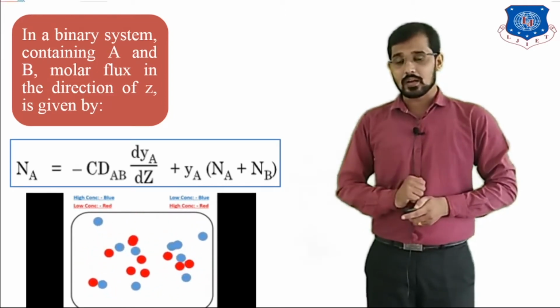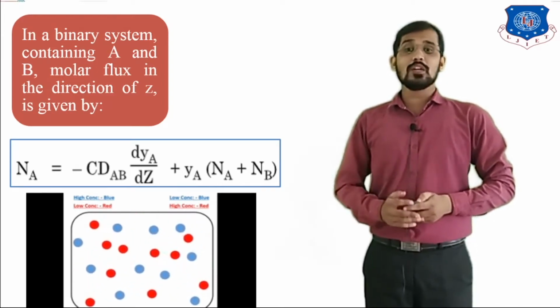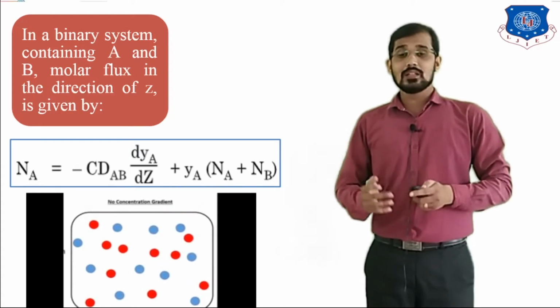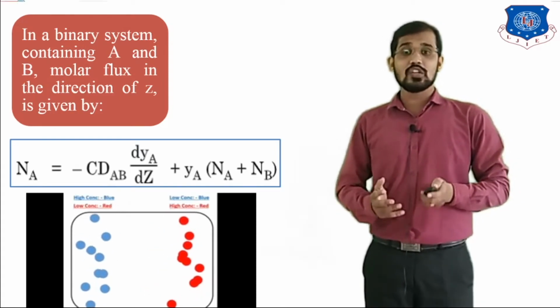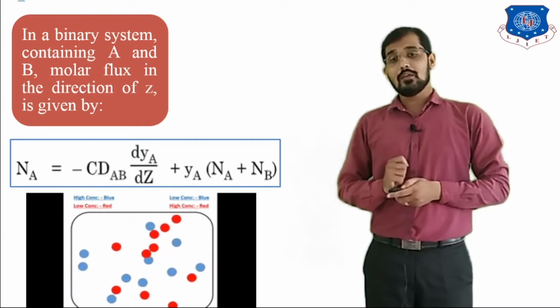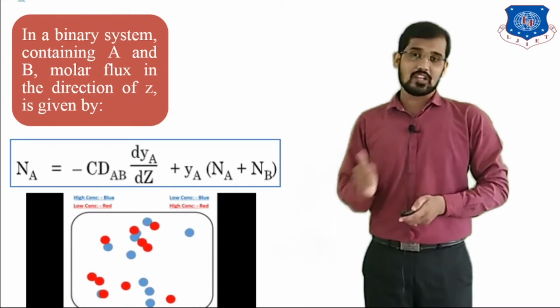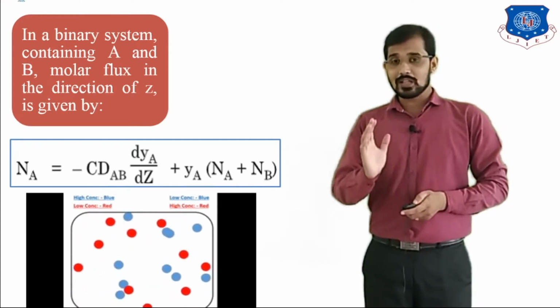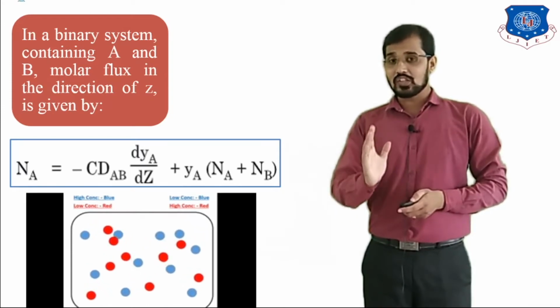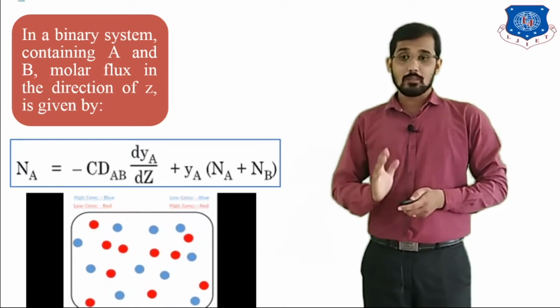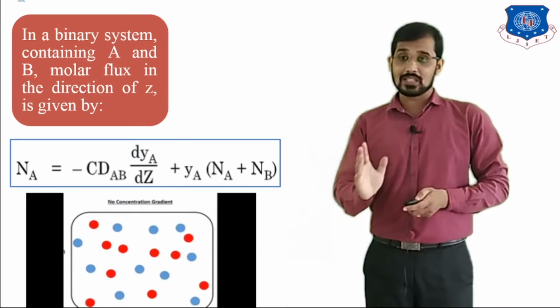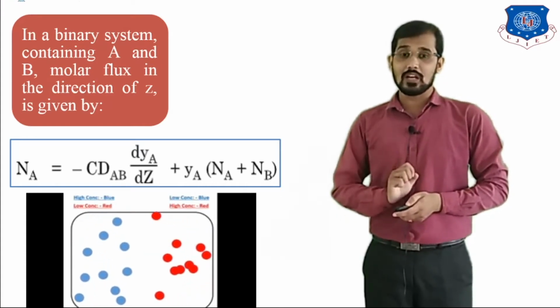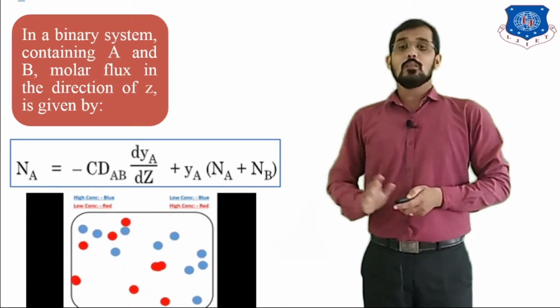You can see this figure explains the diffusion process. Diffusion means there is a transfer of molecules from the higher concentration region to the lower concentration region. I have explained this topic in detail in the previous lecture. So you can see here there is a concentration gradient. Whenever there is a concentration gradient, diffusion occurs. But when there is no concentration gradient, as you can see here, there is no movement of the molecules.